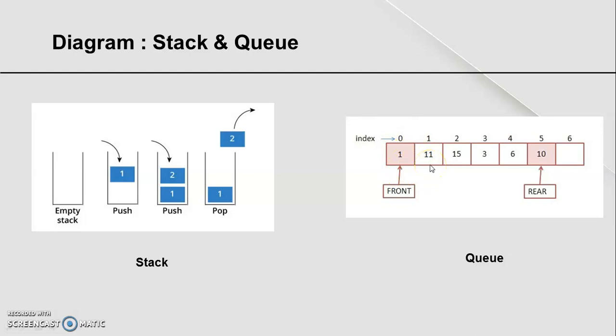So this is the basic overview of stack and queue, and we have seen the ADTs. Again, just for the sake of remembrance, we have to remember that while developing or writing the ADT of any data structure, we first have to identify the set of elements and the set of operations which are to be performed on those elements. Over here we have seen the basic operations or functions which we can perform on stack and queue.